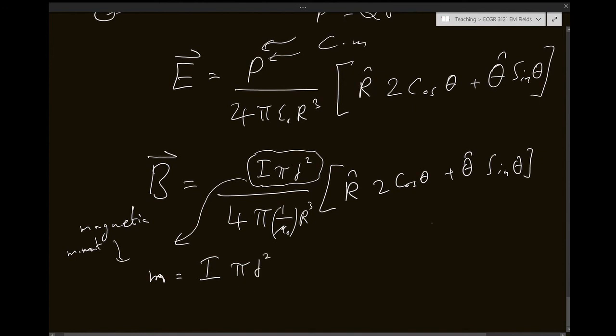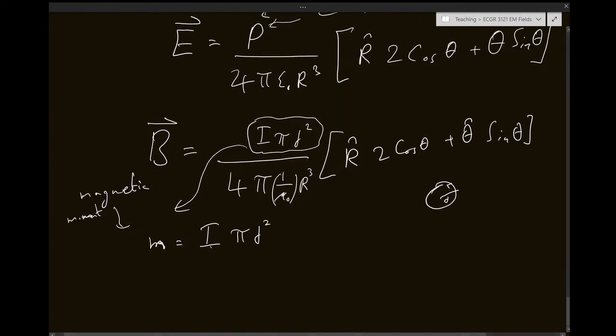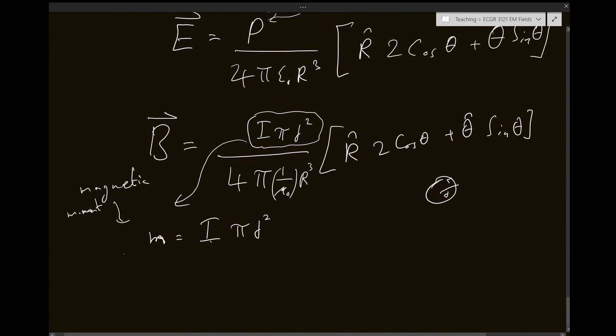What's pi d squared? This is d. It's the pi r squared, of course, is the area of the circle. So it is the area of the dipole. So it seems just taking the current times the area of the loop gives me the magnetic moment, the magnetic dipole moment. So this is called the magnetic dipole moment,